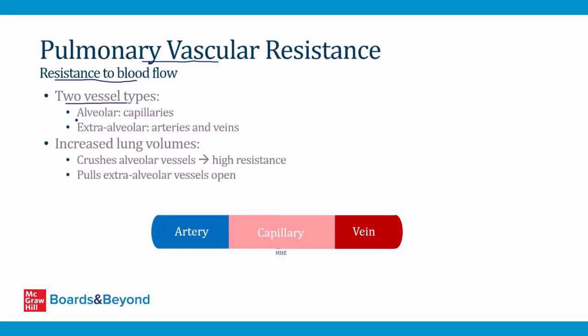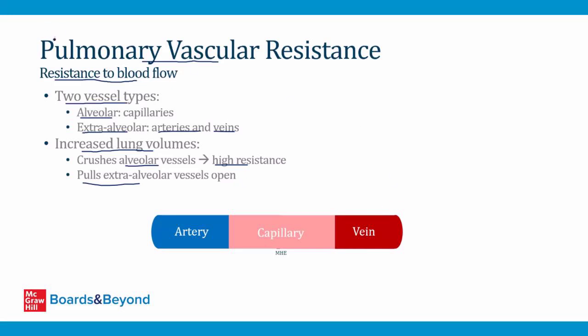There are the capillaries that surround the alveoli. These are called the alveolar vessels. And then there are so-called extra-alveolar vessels, which are arteries and veins, not the capillaries surrounding the alveoli. And so when your lung volume increases, when you inspire air, this crushes the alveolar vessels to some degree. It increases the resistance to blood flow through those structures. But in contrast, the extra-alveolar vessels actually get pulled open when you inspire air, so their resistance to flow goes